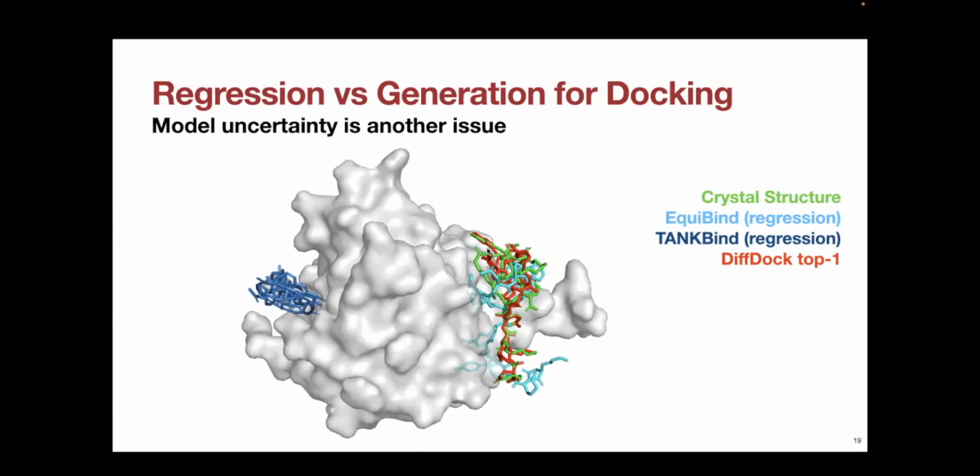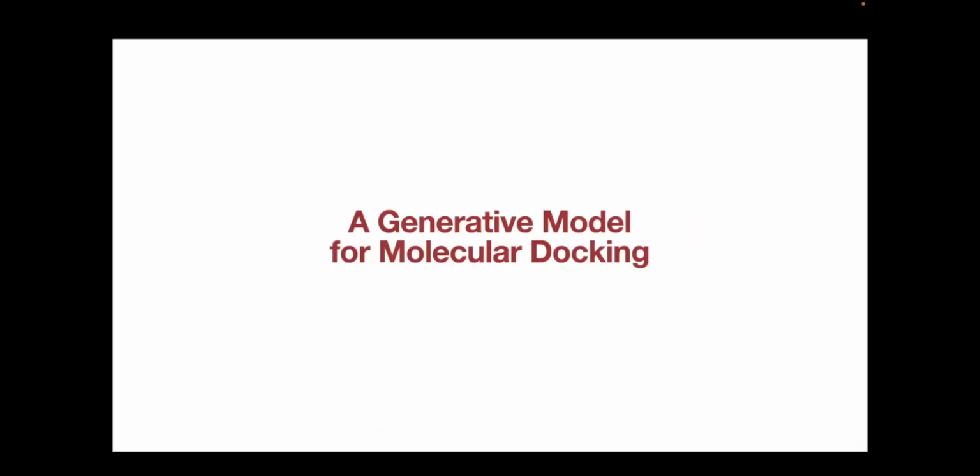Similarly, we have here another complex where instead we have a single true docking pose. However, these regression methods still really struggle, either putting a large part of the ligand in steric clash with the protein, or having a completely unphysical conformation. Instead, we will see that we are actually able to sample the pose relatively accurately with a generative model. And Bowen will introduce how we are constructing this generative model.